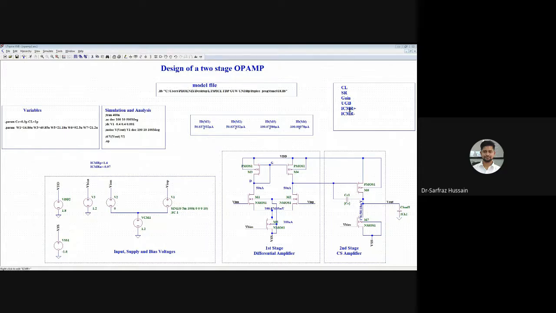If we are taking an ICMR of 1.6, so if this ICMR value is equal to 1.6, that means we want a VDD which will be greater than this positive value. And if I take this ICMR negative, then the value that we will be giving here, we should know that, as you can see, the VD saturation is near about 200 millivolts. So we will apply the saturation region, when the transistor is on. We will apply that particular equation, that is VGS is greater than VTH. So if I know the value of VTH, so let me just,